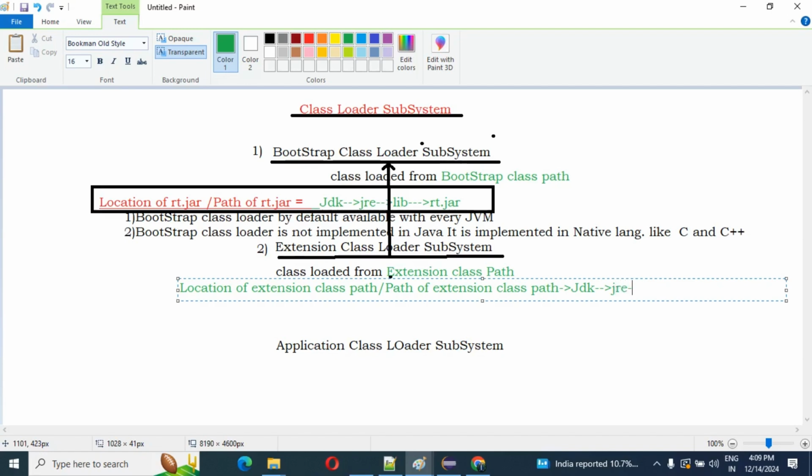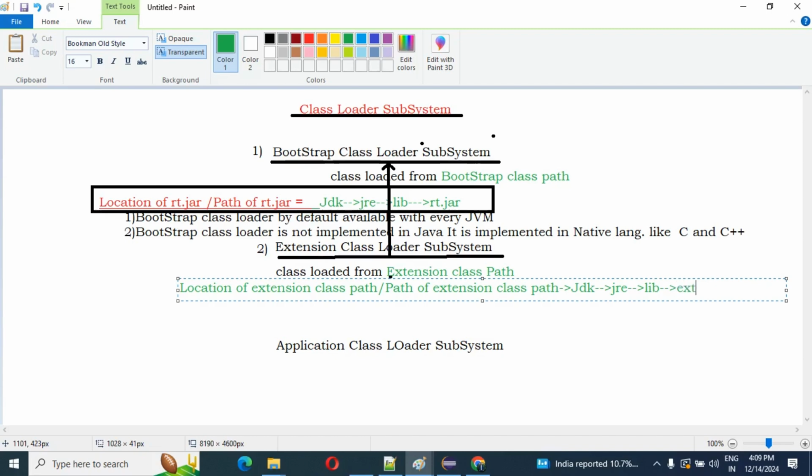After JRE we will have the lib folder, then one folder called ext.